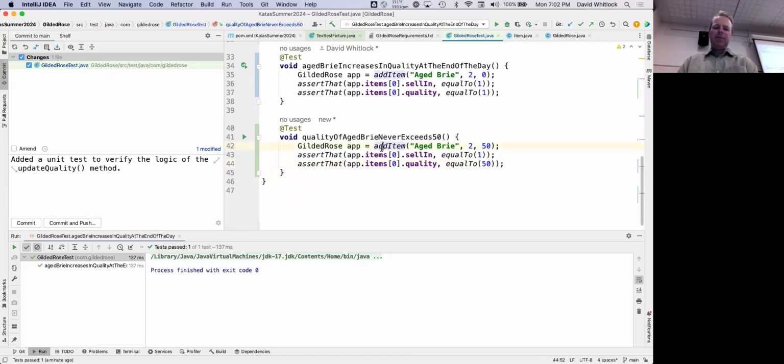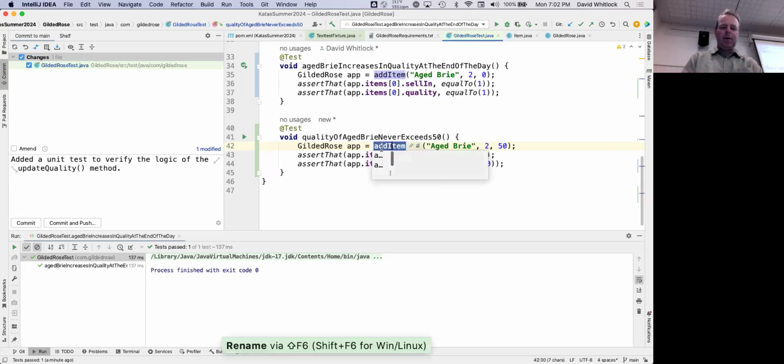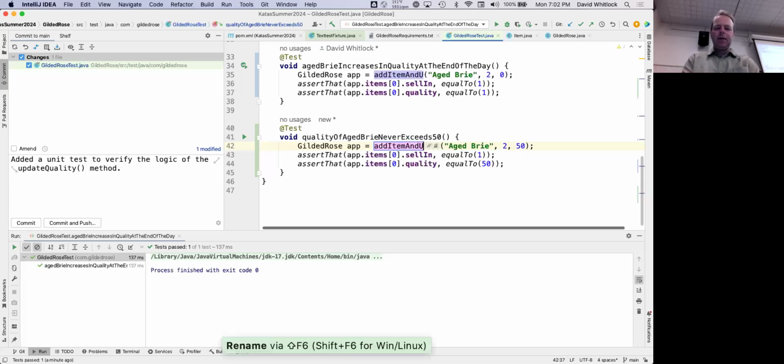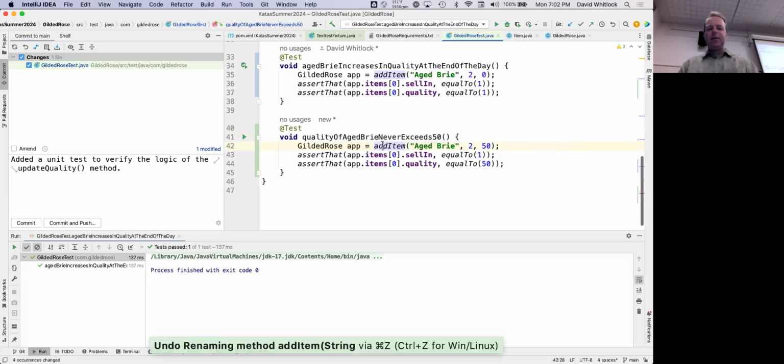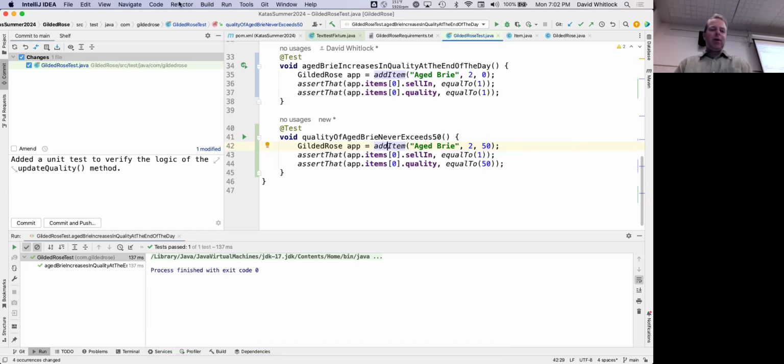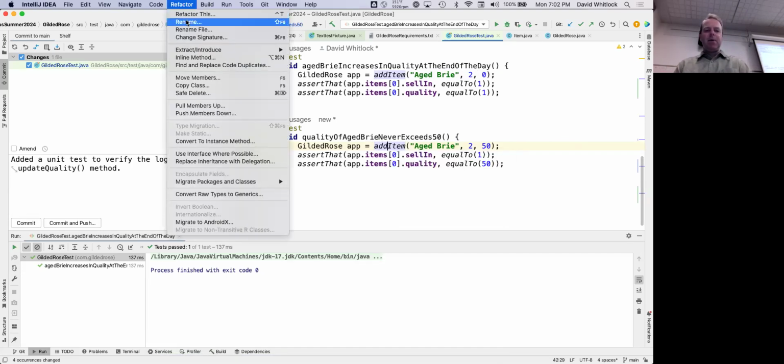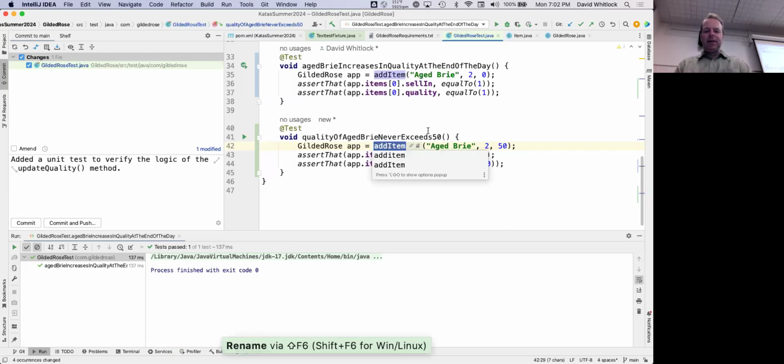I don't really like add item there anymore. What do I like? I want to say add item and update quality, and yeah, update quality. Oh, sorry, I just did refactoring and didn't tell you what it was. So I have a method here. I want to change its name, and so I want to go refactor rename, which for me is Shift F6.